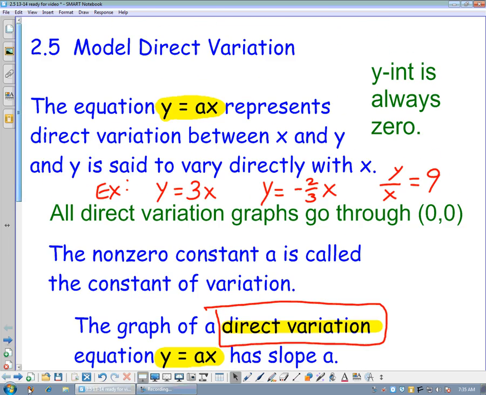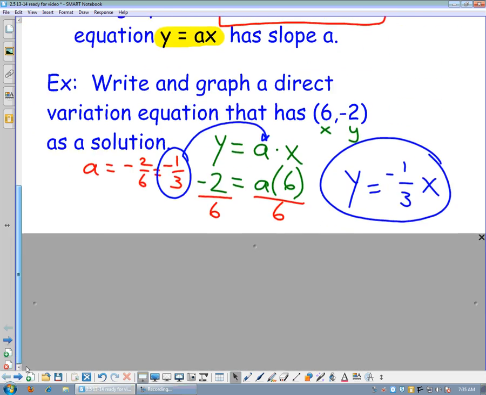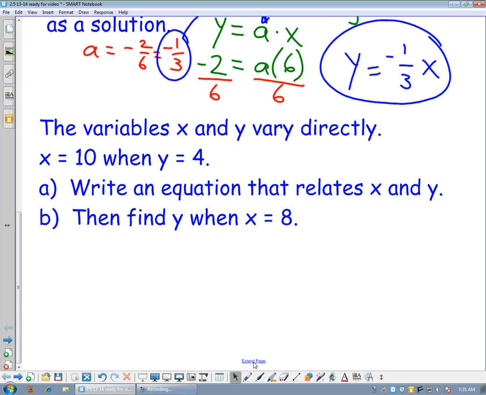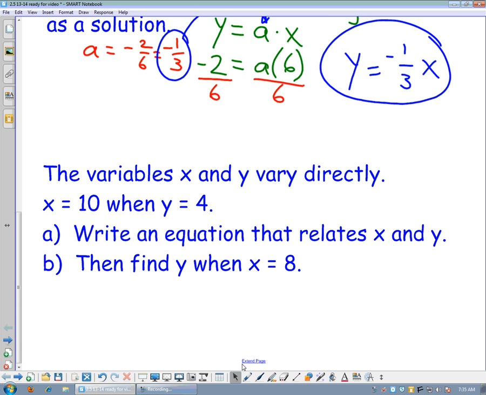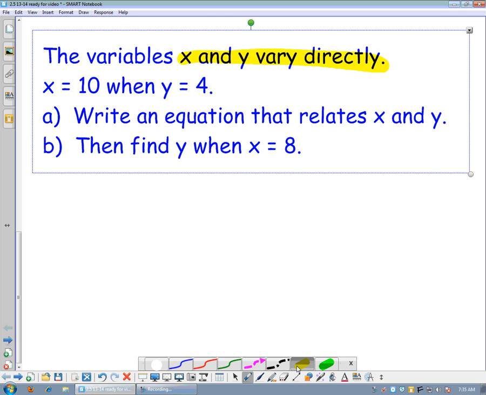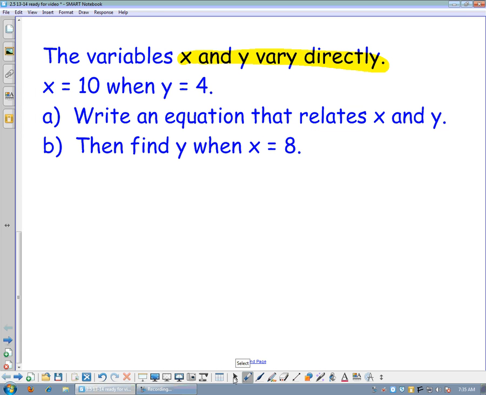And let's see, was there another example we were going to look at on this page? Yes, let's look at this example. This one says the variables x and y vary directly, and x equals 10 when y equals 4. Write an equation that relates x and y, and then find y when x equals 8. Again, as soon as you see that x and y vary directly, that is your clue. Those are your key words that you should be focusing in on to write down